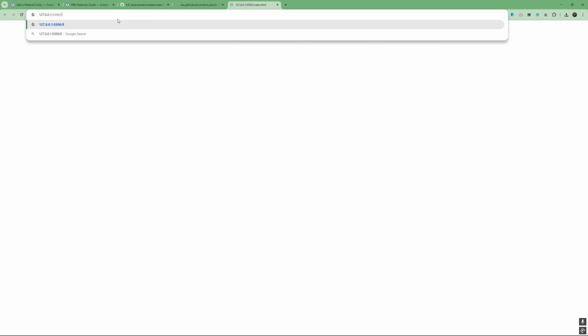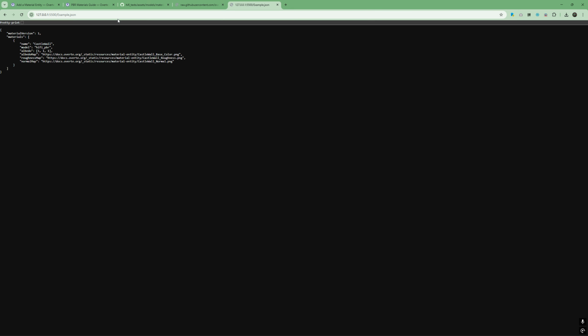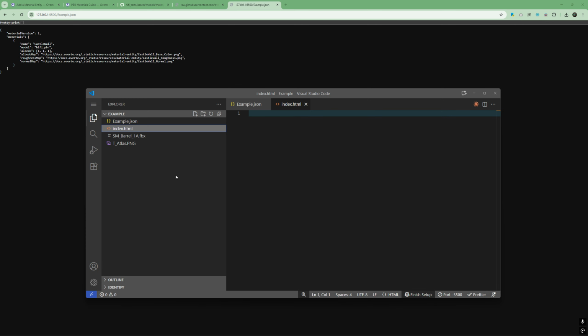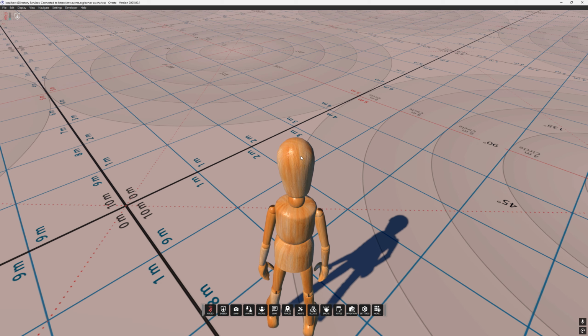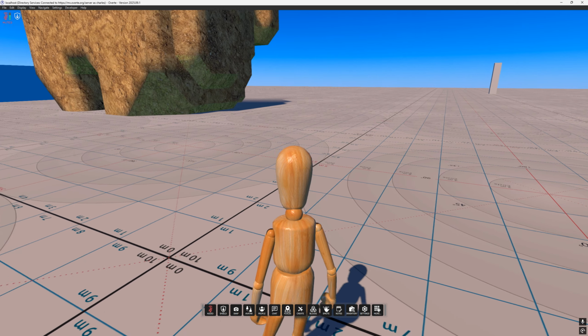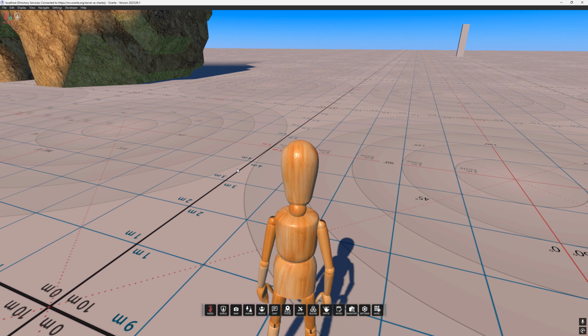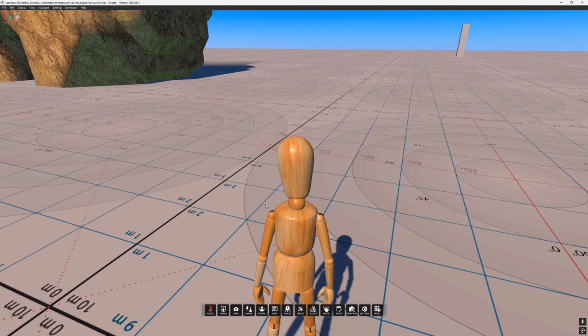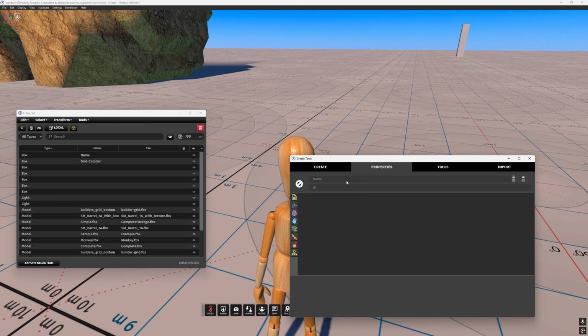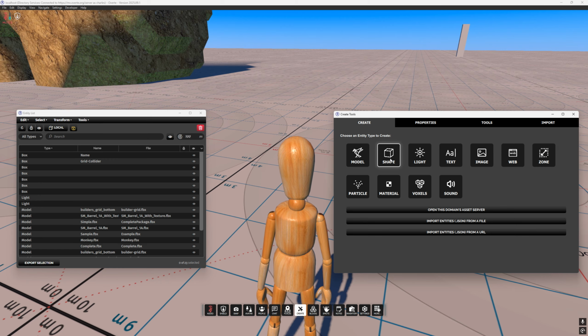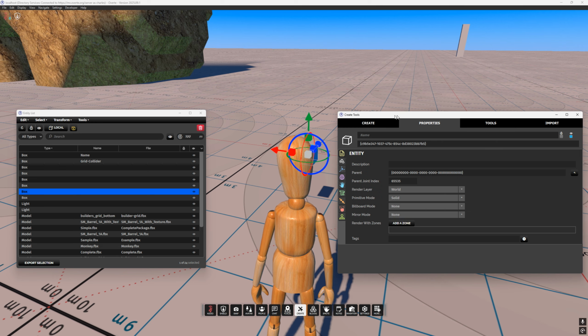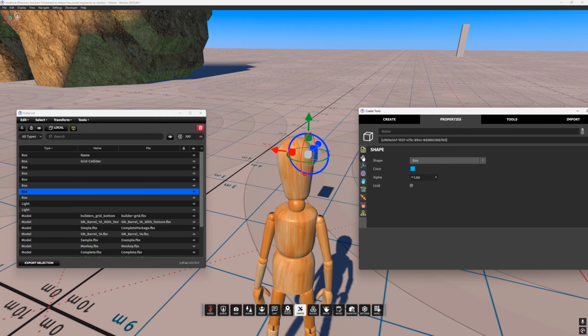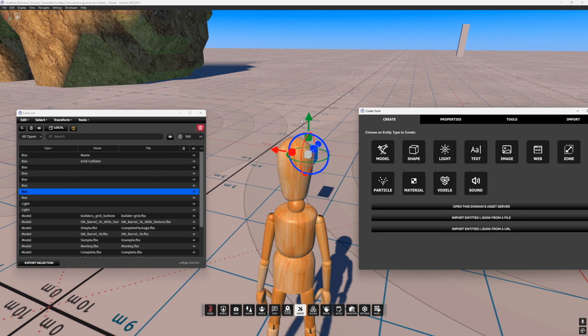So we have this guy, and then if we do example overt.json, you can see it's a JSON file. So we have a fully functional HTTP server here. Now go back to Overt. I'm going to create the object. So here I am going to do a create, and I'm going to bring in the shape itself. Sorry, not shape. I'm going to do a model,